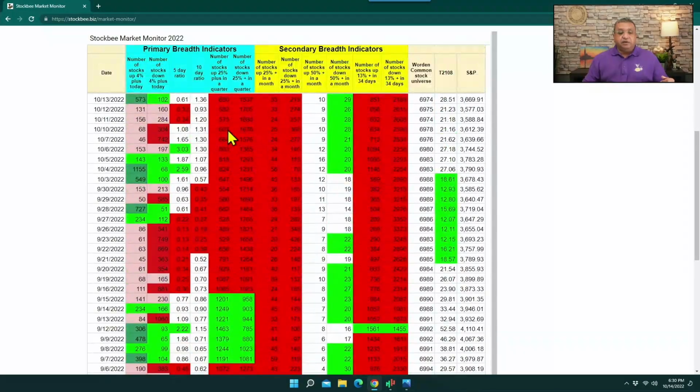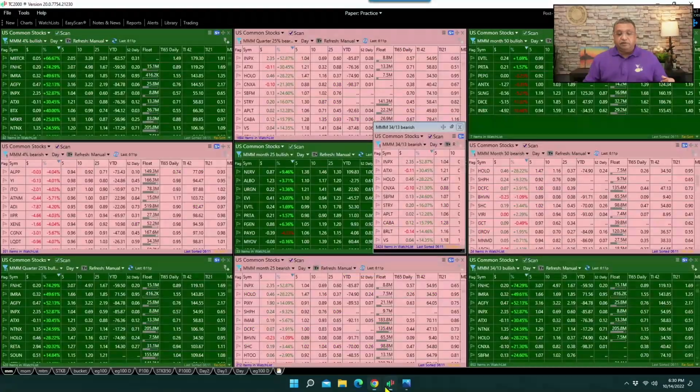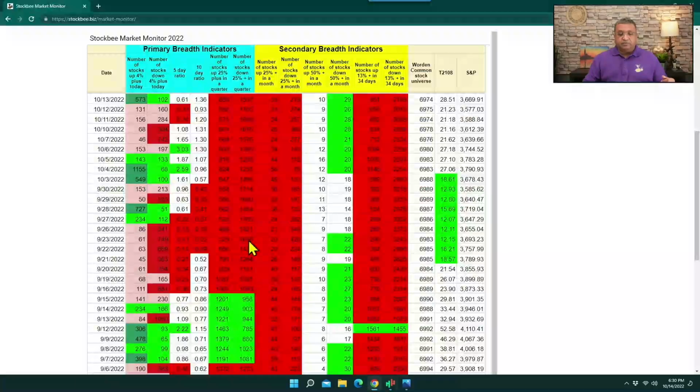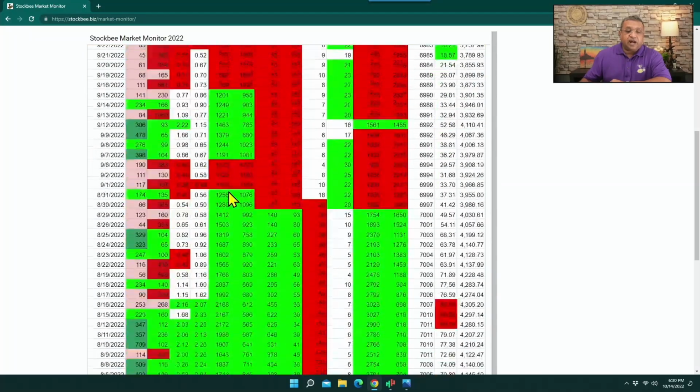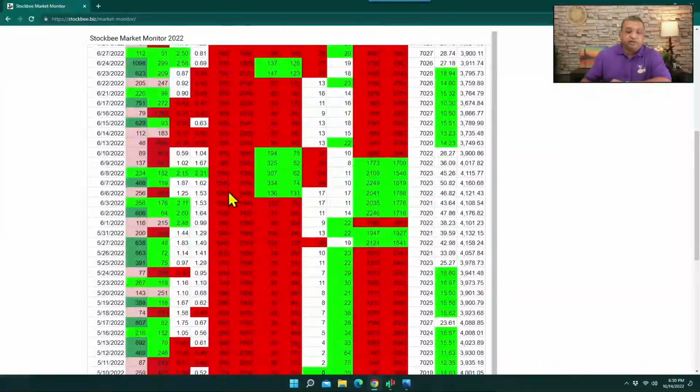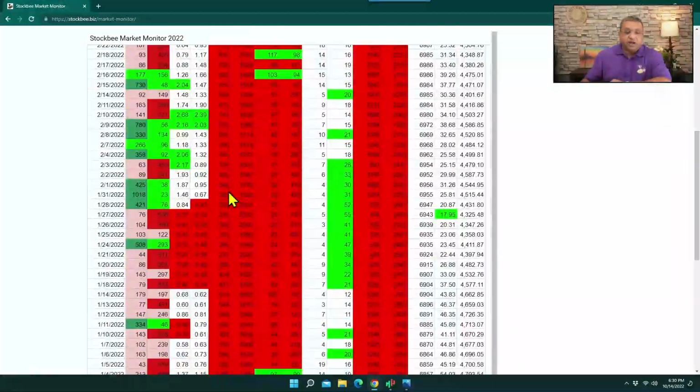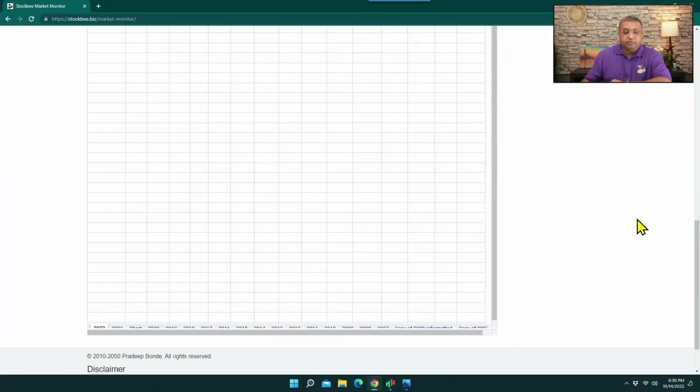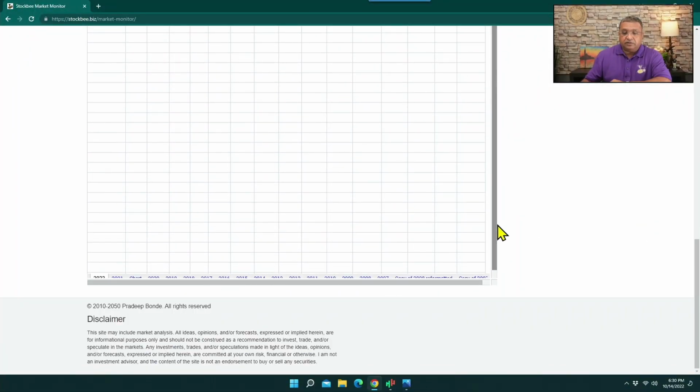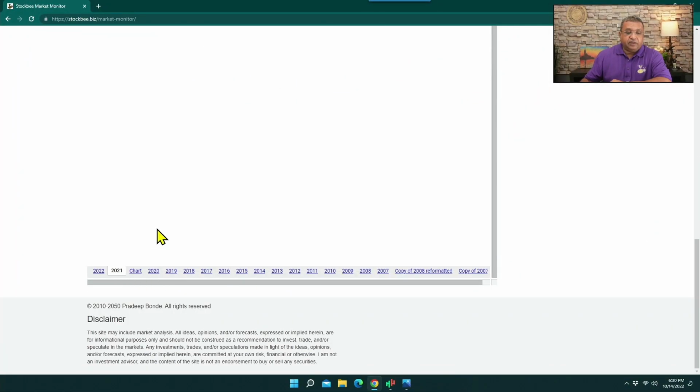So where do these figures come from? These figures come from this column, quarter 25, quarter 25 down, right? And that's where this comes from. Now this indicator is very important in giving you information about market timing, because at the start of a bearish market, like this particular bearish market which started somewhere in November of 2021, and if you see there,